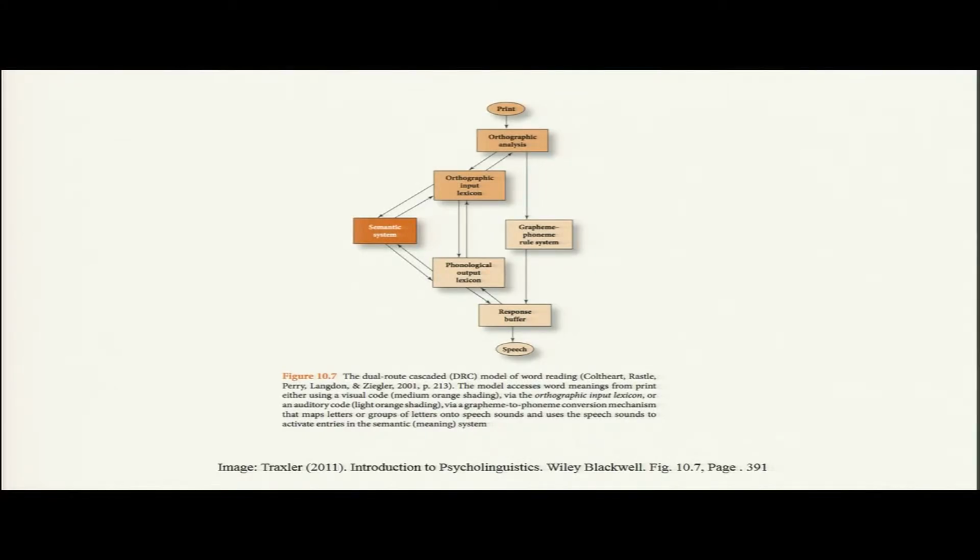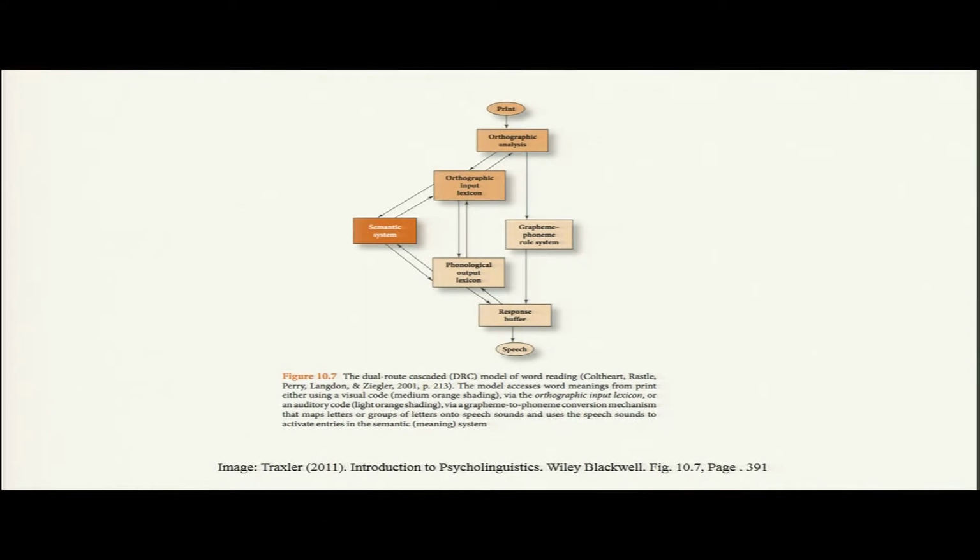That is basically what this looks like, and here I can show you the dual route cascaded model of reading. This was put forward by Coltheart, Rastle, Perry, Langdon and Ziegler in 2001, and this is how the model looks. You can see the model starts at the top. You are looking at something in print, then you will carry out an orthographic analysis, looking at what this word is really composed of, what the letters are and so on, and then once you have that, you will